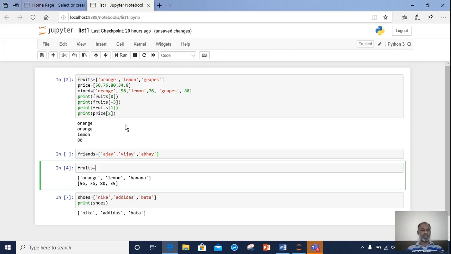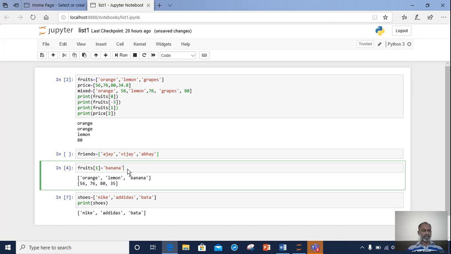Because I don't want to make changes to fruits. I want to make changes to a particular element, which is lemon. I want to change lemon to banana. So what is the index number? 1. Orange is 0, lemon is 1. Equals what? Banana. Right?